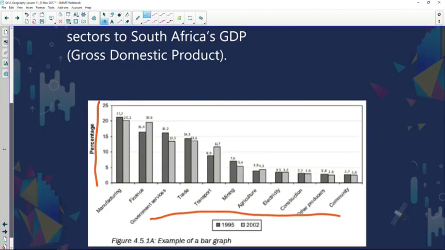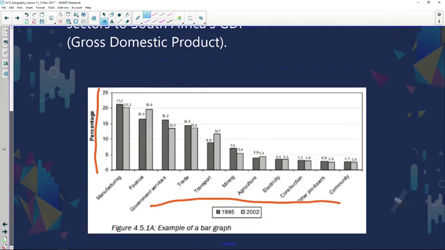They show you percentage on the vertical axis, and on the horizontal axis they show you the different activities. And as you can see, there's manufacturing, finance, government services, trade and transport, mining, agriculture, electricity, construction, other producers, and